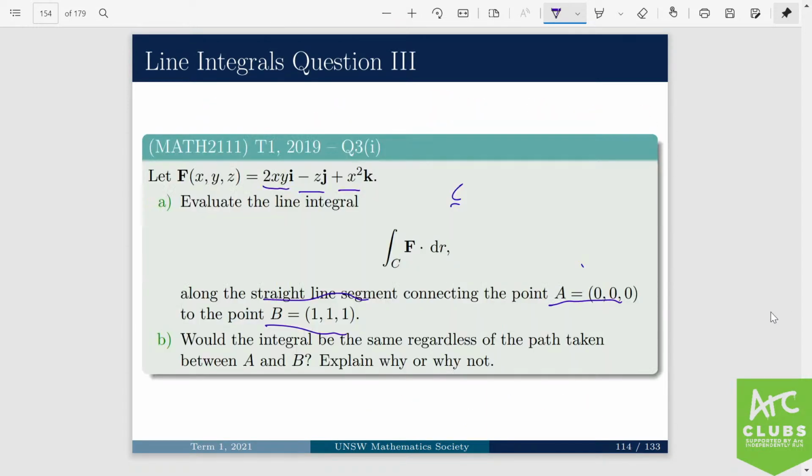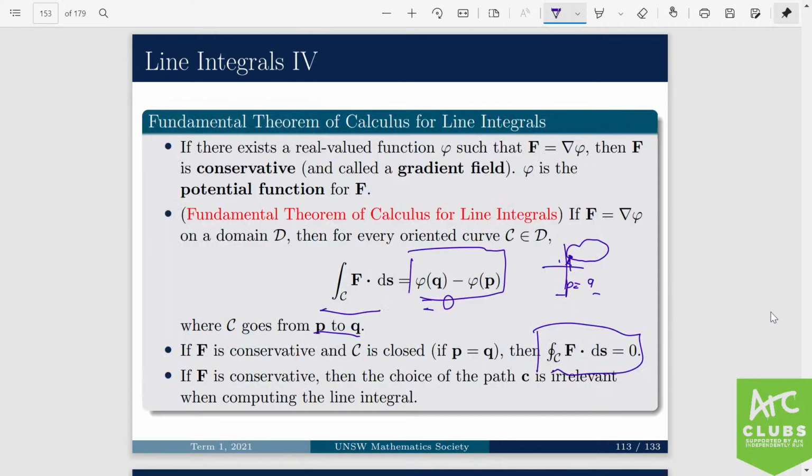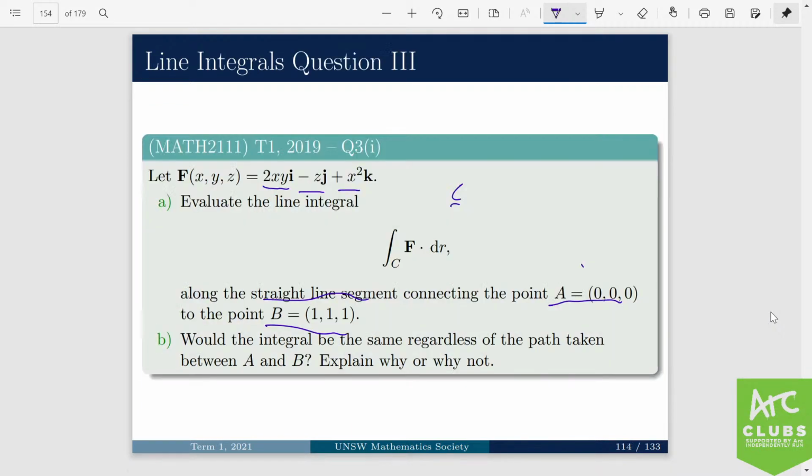Now for part B, the question asks: would the integral be the same regardless of the path taken between A and B? Explain why or why not. This might sound familiar, we had something that sounded similar in the fundamental theorem of calculus. If f is conservative, then the choice of path is irrelevant. Essentially, if f is conservative, that means there exists a phi such that